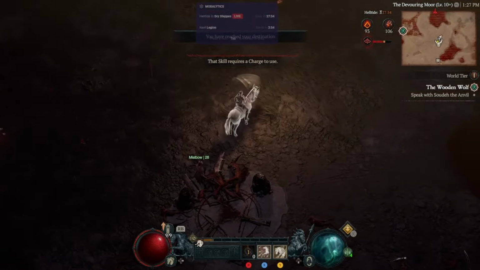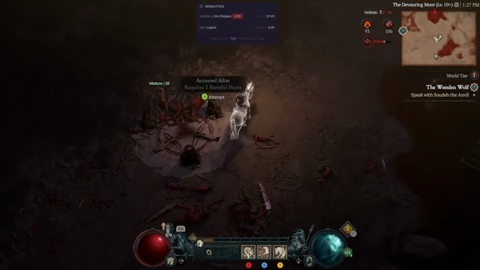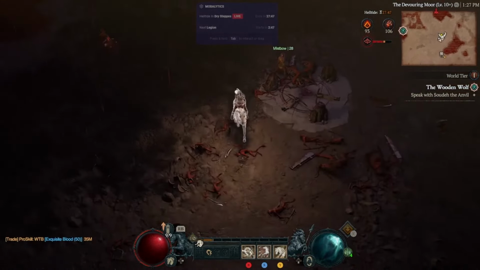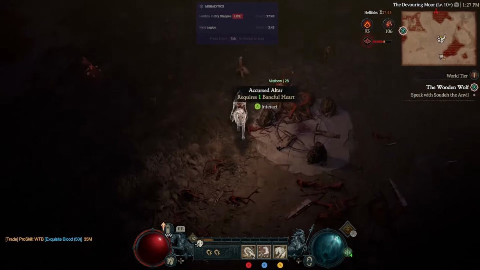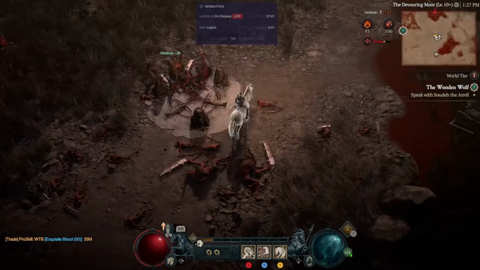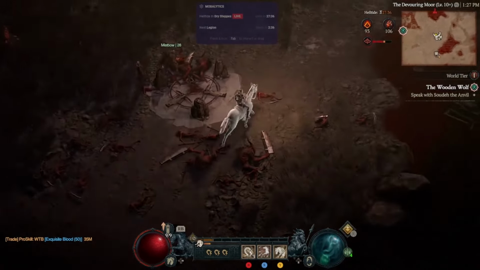Now at this low level, I was just going to say you don't normally see a lot of people here, but as you can see, there's one person here. These are really good because it's the group events, especially when you go up to World Tier 2, which I could normally go up at around level 20. When you go up to World Tier 2, there'll be a lot of people here, so they'll all be activating these